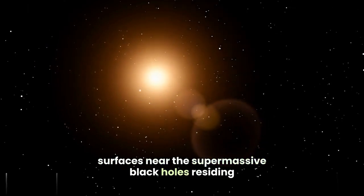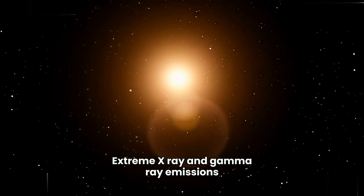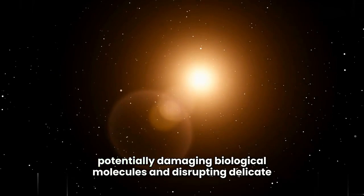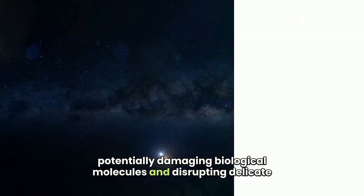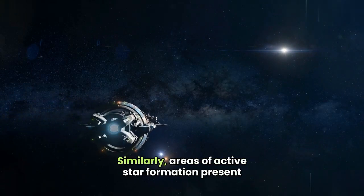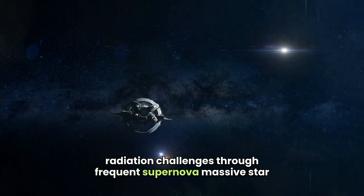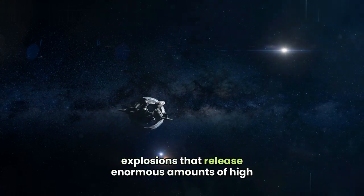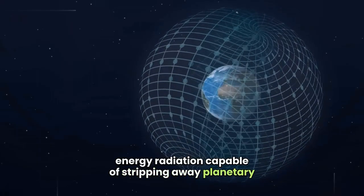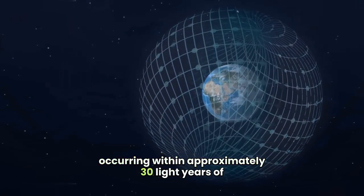Near the supermassive black holes residing at most galactic centers, extreme X-ray and gamma-ray emissions create hostile environments for complex organic chemistry, potentially damaging biological molecules and disrupting delicate cellular processes necessary for life. Similarly, areas of active star formation present radiation challenges through frequent supernovae, massive star explosions that release enormous amounts of high-energy radiation capable of stripping away planetary atmospheres and triggering mass extinction events if occurring within approximately 30 light-years of